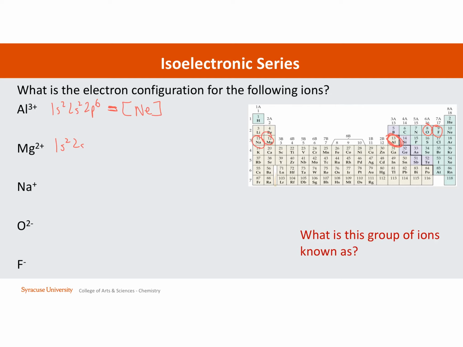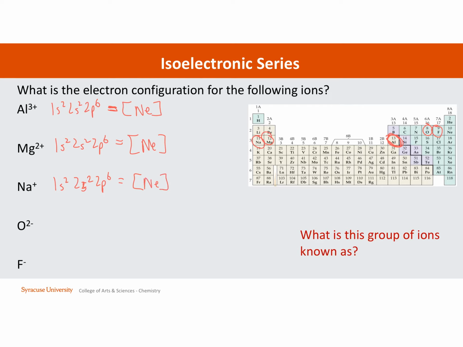Magnesium, 1s2, 2s2, 2p6. Magnesium 2+, atomic number 12, it lost 2 electrons, also has 10 electrons now, isoelectronic with neon. Sodium is atomic number 11, loses 1 electron, so 1s2, 2s2, 2p6,